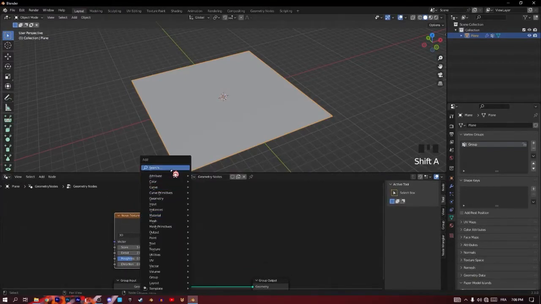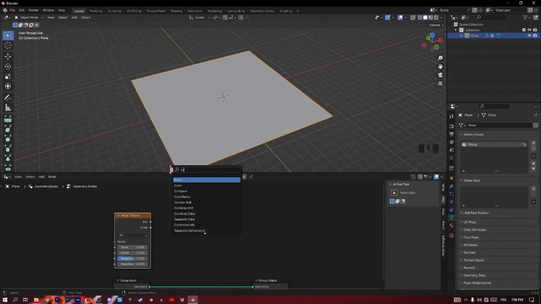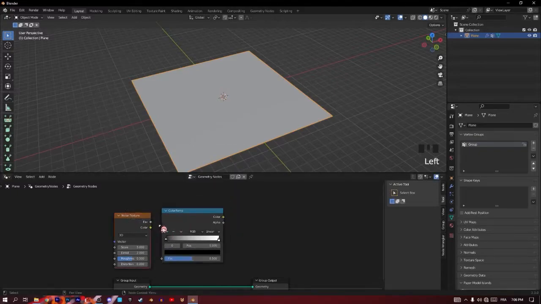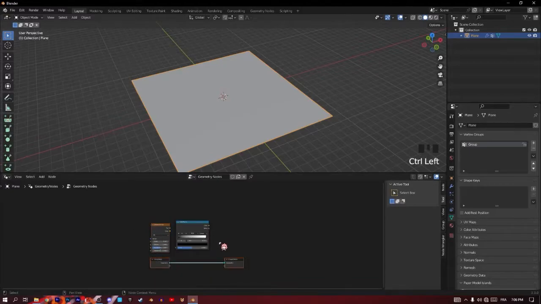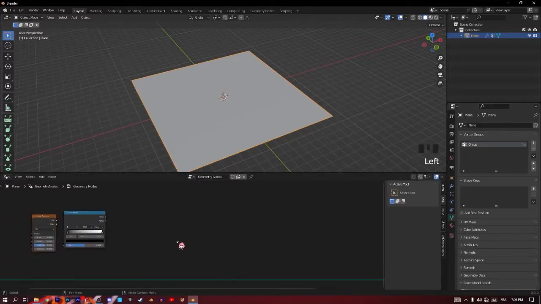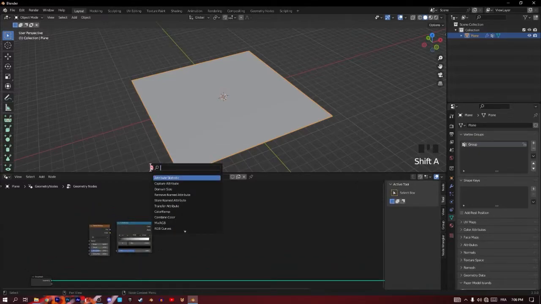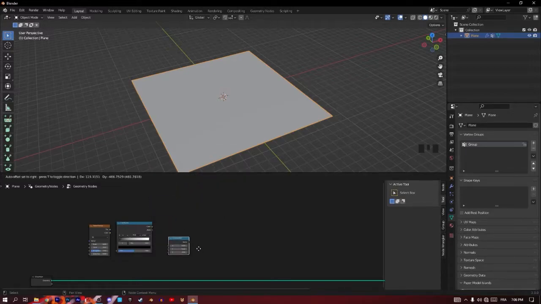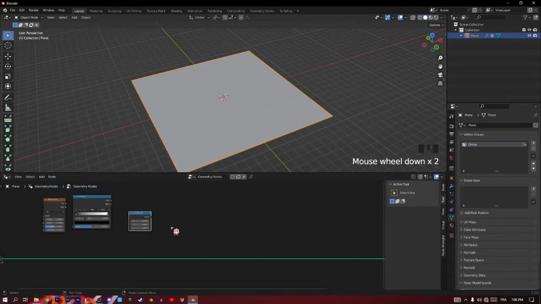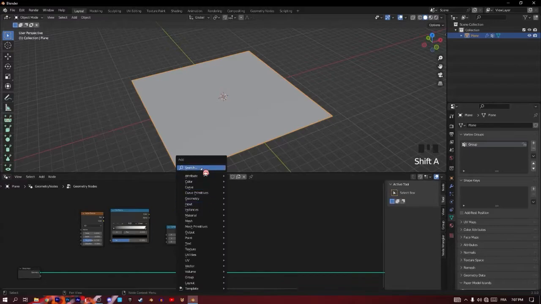Now let's add a color ramp so we can control this noise texture like this, and add it right here. Select those two and scale them so we have enough space. Now let's add Combine XYZ maybe. Okay, Combine, so we can control the animation. Combine XYZ, and we need also Set Position so we can control the position. So it starts from here to here and we can stop it anyways. Okay, Set